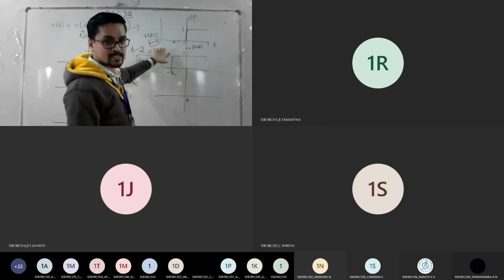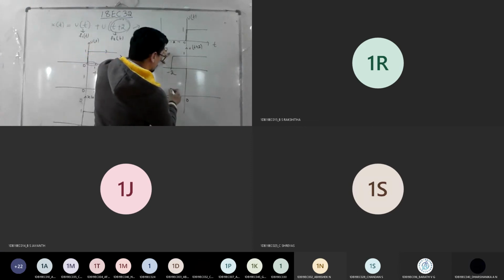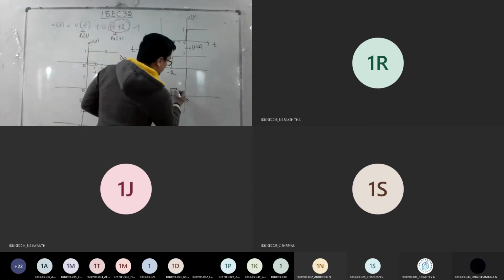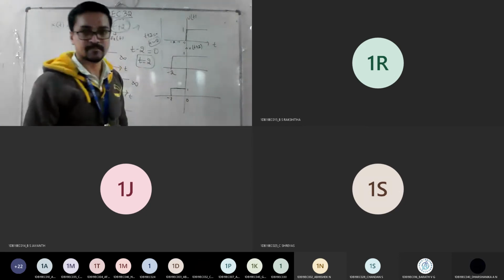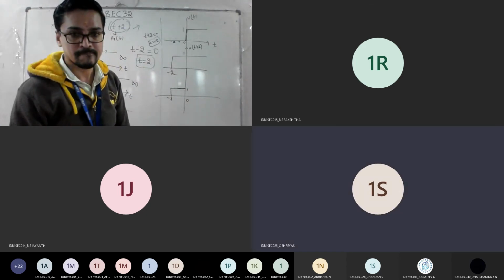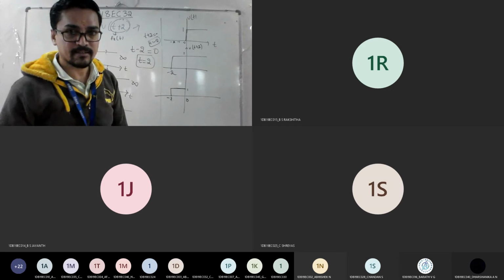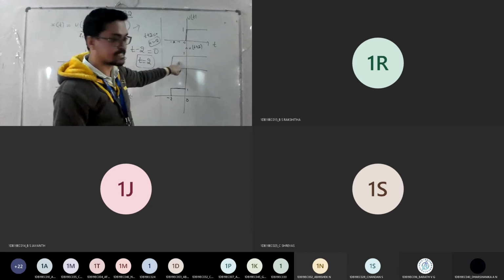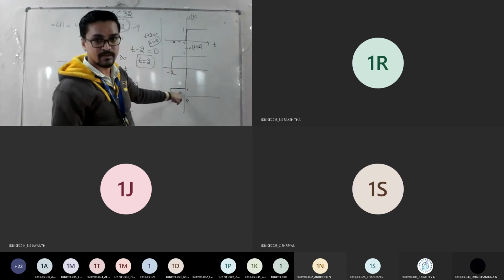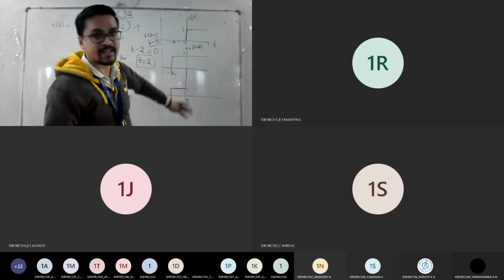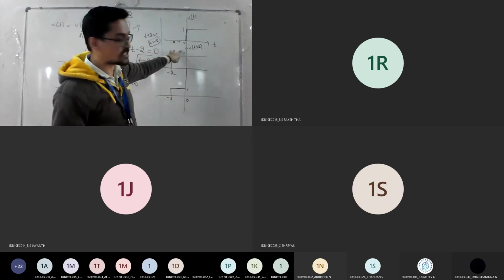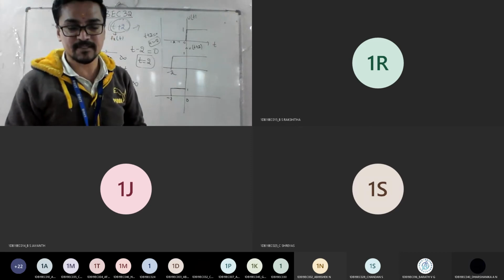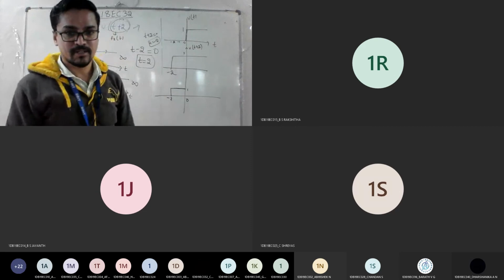So 0 plus 1, so the signal exists from minus 2 till where? Again from minus 1 to 0, it is not there, but it is there, correct? So can I write from minus 1 to 0 like this? Yes, sir. Is it fine till here? So from minus 1 to 0, the signal is not there, signal is here. So 0 plus 1 becomes 1. In the same way, if I do subtraction, that becomes minus 1. So 0 minus 1 means minus 1. You need to write the waveform below. That is the difference between addition and subtraction. So better understand addition first. Try to solve everything as addition only. It will be easier for you.